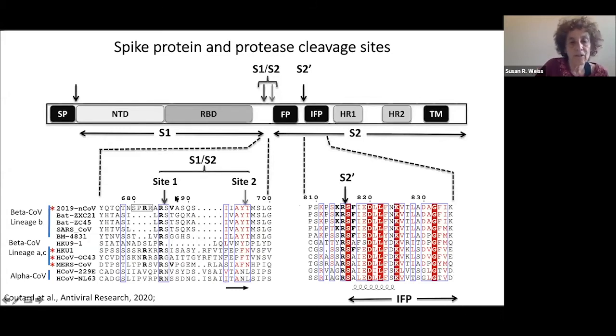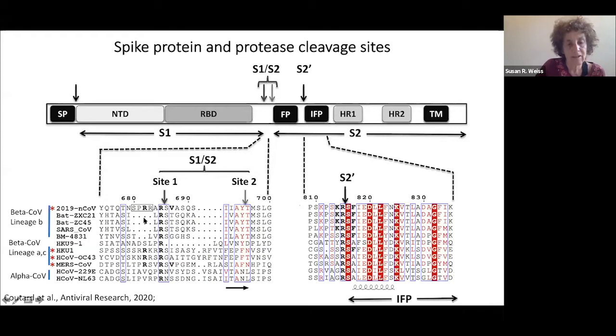And just in comparing all these coronaviruses, the lineage B and lineage C, A, B, C, and the alpha coronaviruses, the human coronaviruses, we can see here that some coronaviruses like OC43 and MERS have this so-called furin site right here, which would be at the S1, S2 border. That's shown here, whereas the lineage B viruses such as SARS and the SARS-like bat viruses are